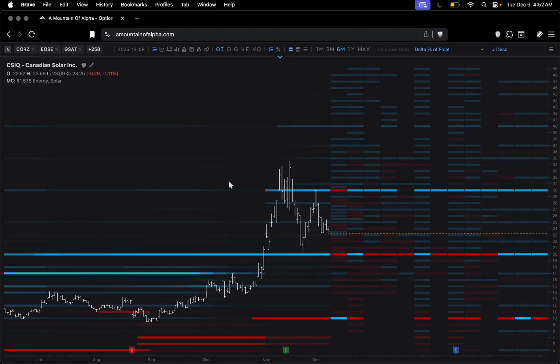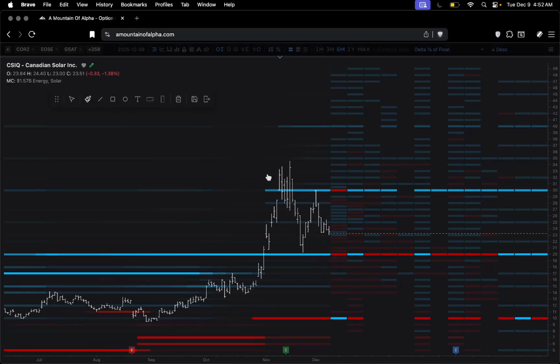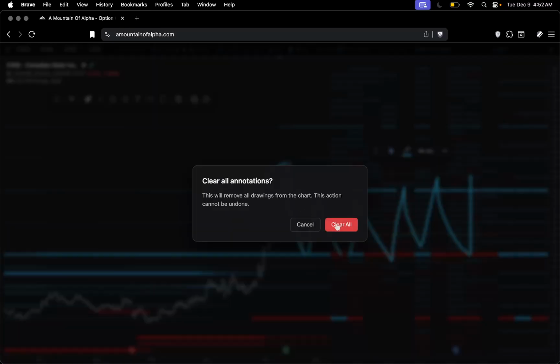Canadian Solar. Well, 30 bucks and 20 bucks. What do you know? Look at this. It came up into the 30 here. Volatility came into the market, went down to this 20, rallied back up to 30, and now it looks like it's coming back down to 20. And that's the range. This is the range of the equity. And that'll persist